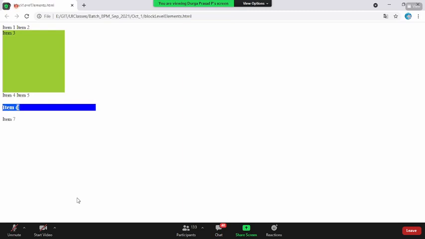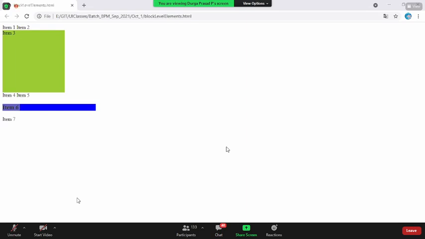Now, by looking at the element, I mean, obviously not by looks, but the way it is rendering on the page, can you tell whether it belongs to a block level or an inline element? Sorry, inline, we haven't seen that. At least you can say whether it is a block level or not. Yes, sir. Any questions on this? This is very important to understand, guys, because until and unless you understand whether it is block level or inline, you cannot go further. No questions?